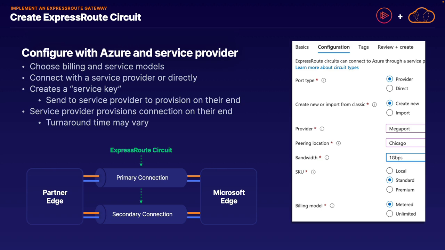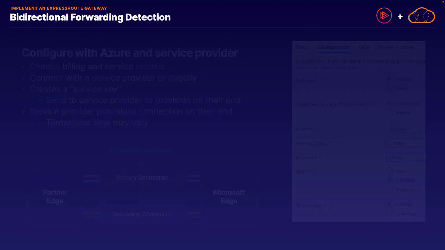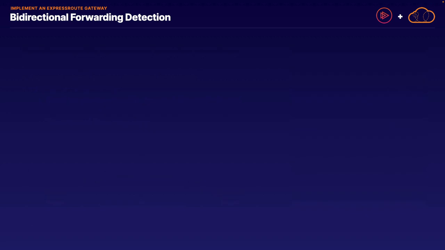In our demonstration, we are going to be working with a provider that will provision their circuit within about a minute, which is a really nice automated setup. Some other service providers may take a little bit longer to turn it around as well, so definitely be aware of that. Next, I want to very, very quickly talk about a feature built into our ExpressRoute circuits that you need to be familiar with called